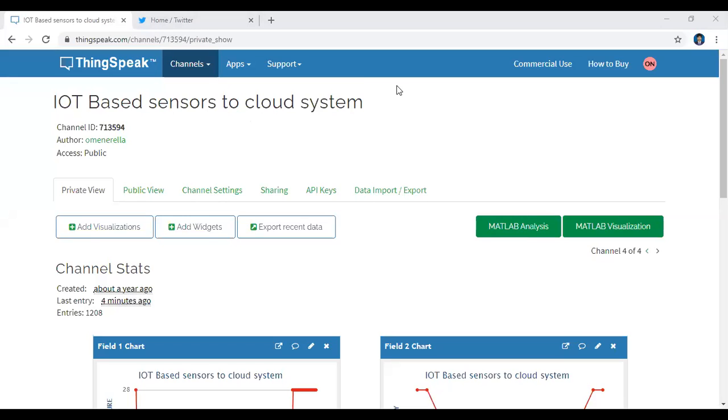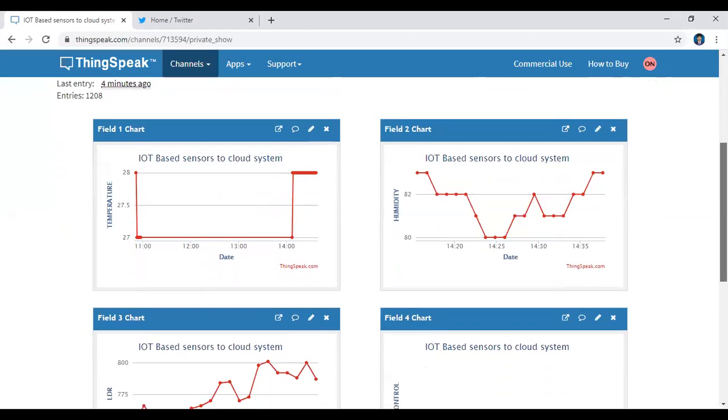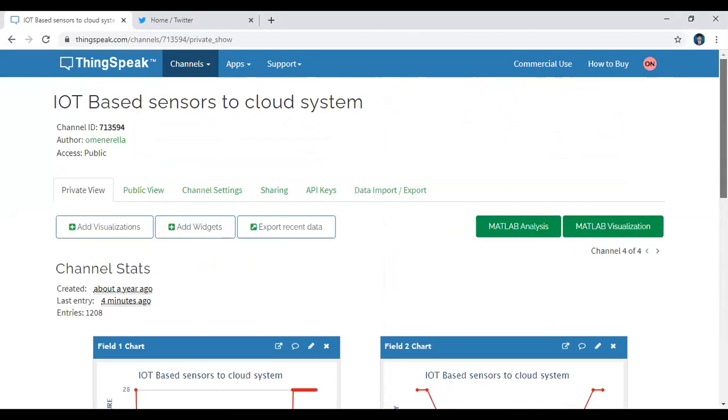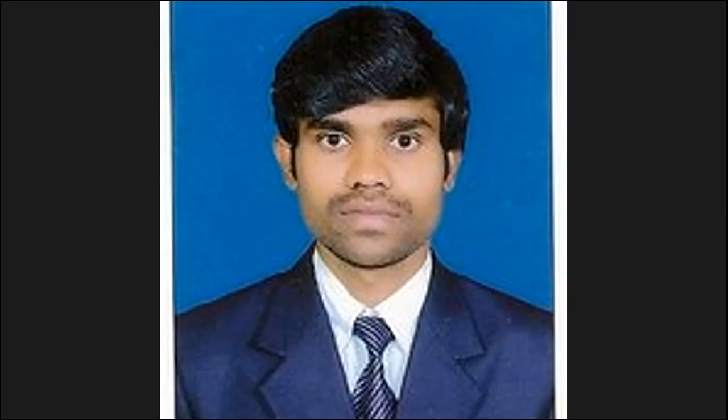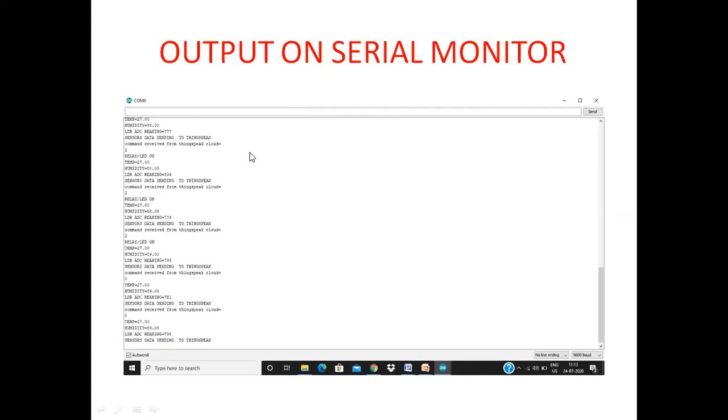Are you able to understand? This is for IoT based monitoring and control and alert system. Okay, this is the output on serial monitor. The temperature is something, humidity is 88, LDR ADC reading is 770. Sensor data is sending to